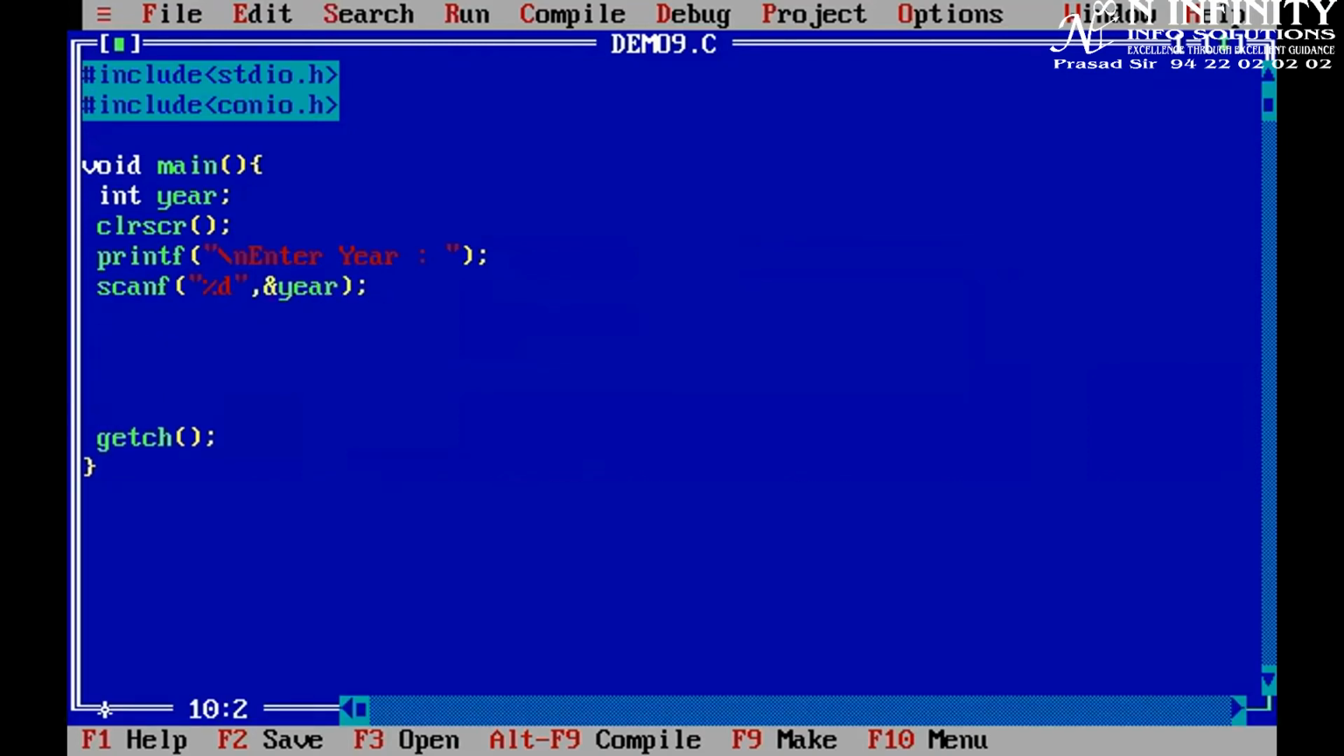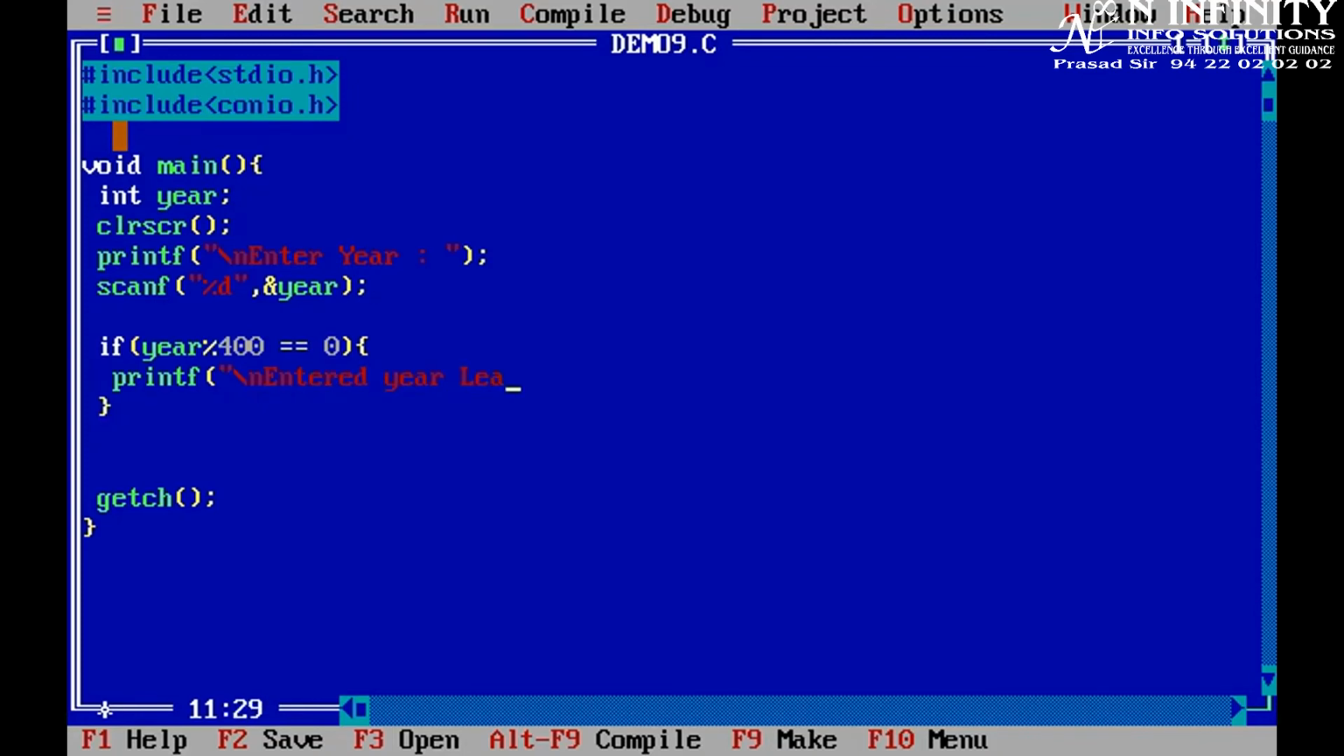Now the next is, here we need to take the decision, and first condition is year value mod 400, if it is equal to 0, then you can directly conclude that entered year is leap year, right? Okay, else